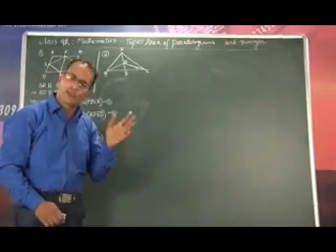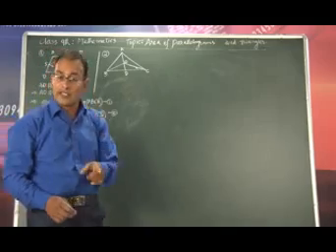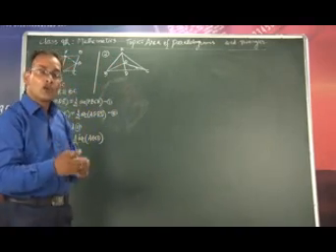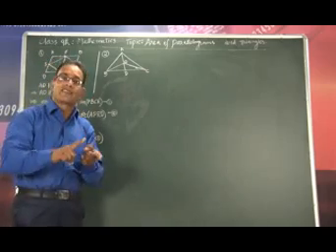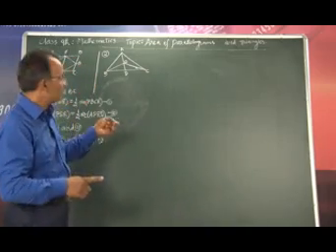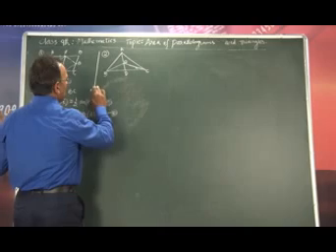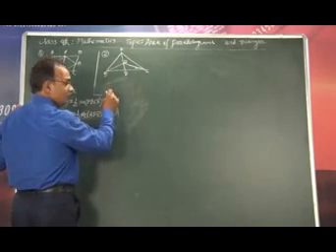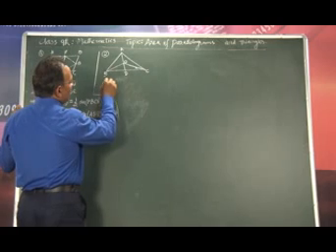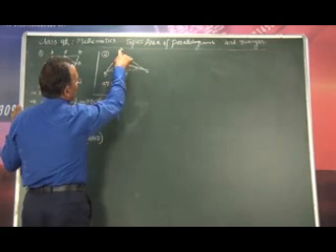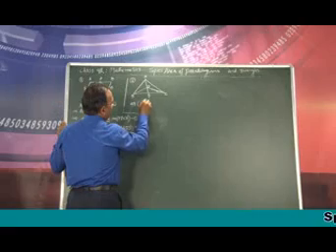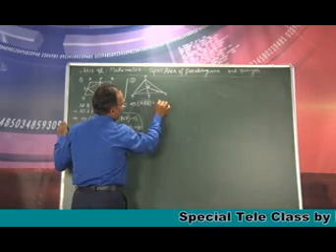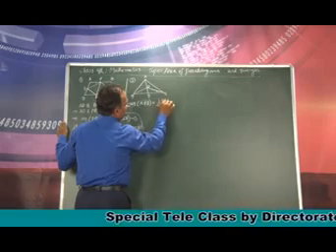Bilkul, this is easy, you can do it because you know that the median divides a triangle into two triangles of equal area. So you have to use this situation twice, and which will help you to prove the result. I will help you here how to prove the result. So first we know area of triangle ABD, which is half of the area of triangle ABC. Do you know why?